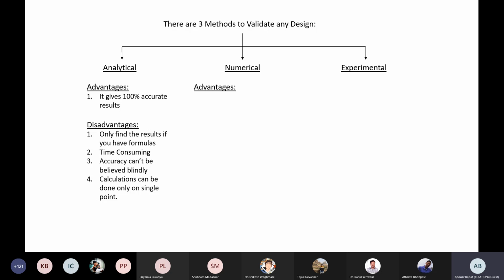Numerical method. We can solve real life complicated problems. So there is no limit that this type of problem we cannot solve, that type of problem we cannot solve. Whatever model for which we have a CAD geometry, we can solve using the numerical method. Results can be achieved faster because a computer is solving these problems, we are not. So the stronger your hardware, the faster the result.